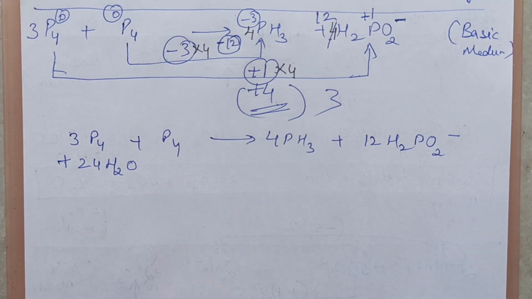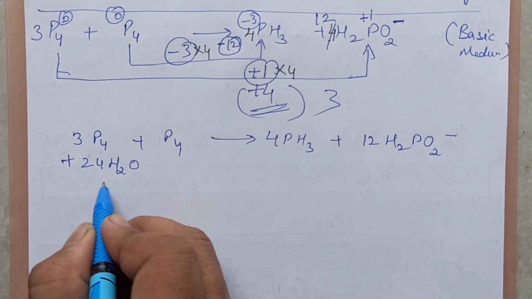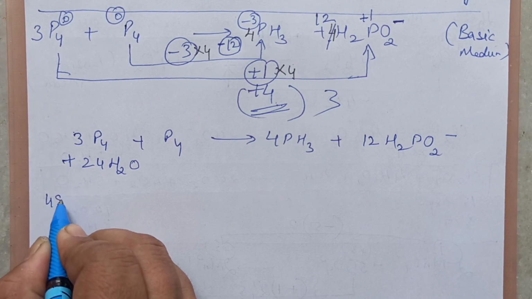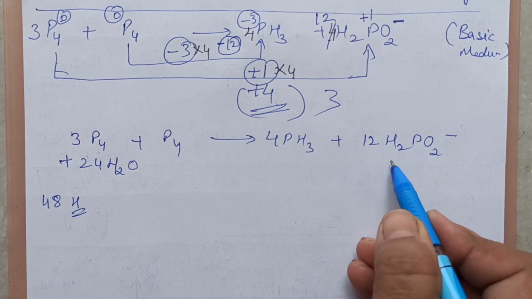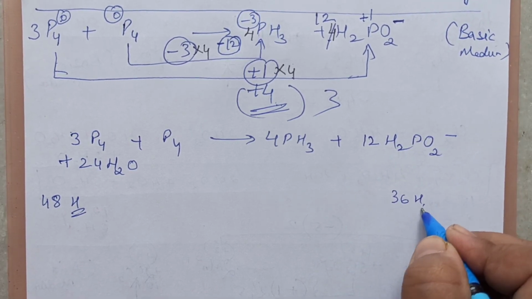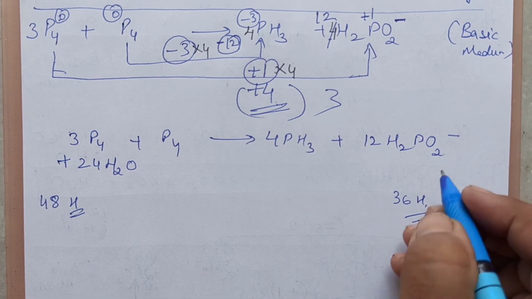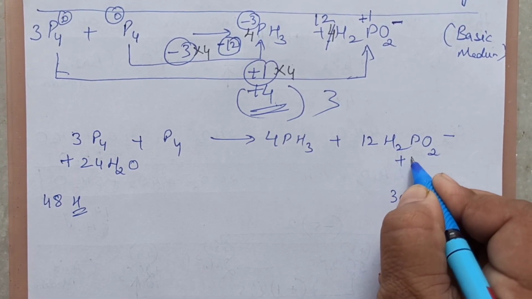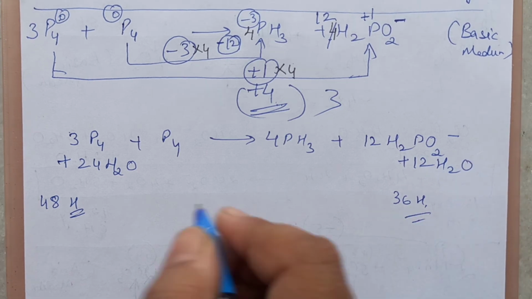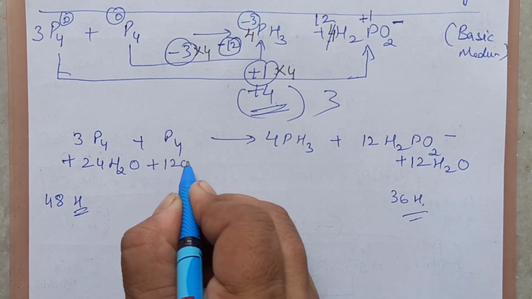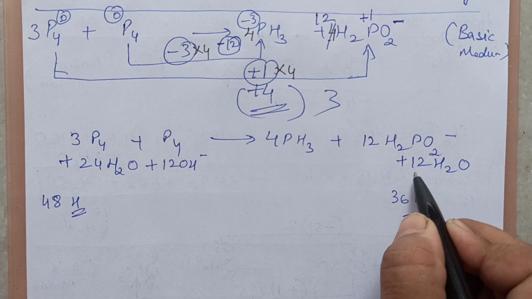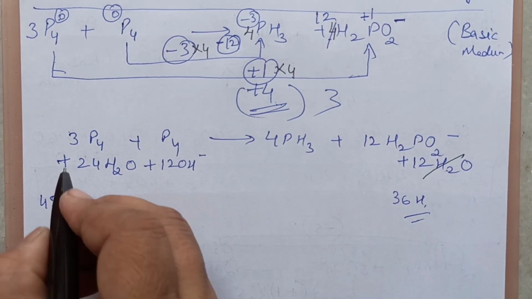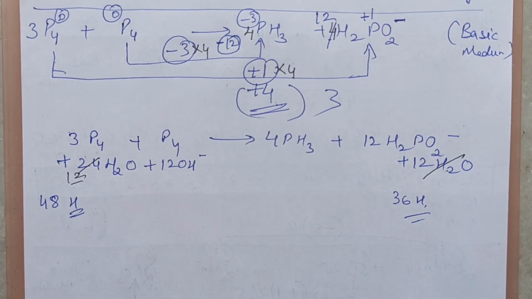Now we will count how many hydrogens are there. Hydrogens on the left hand side, now there are 48 hydrogens. Right? On the right hand side 12 and this 24. That means 36 hydrogens are there on the right hand side. So 12 less. As many less, that many water molecules you will add on the deficient side, and the same number of OH minus the other side. Now we can cancel out whatever is common. This is 12, this is 24, means I can cancel, and this side only I can write 12.